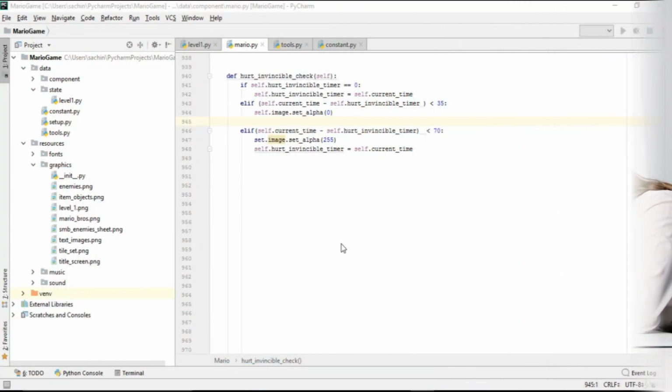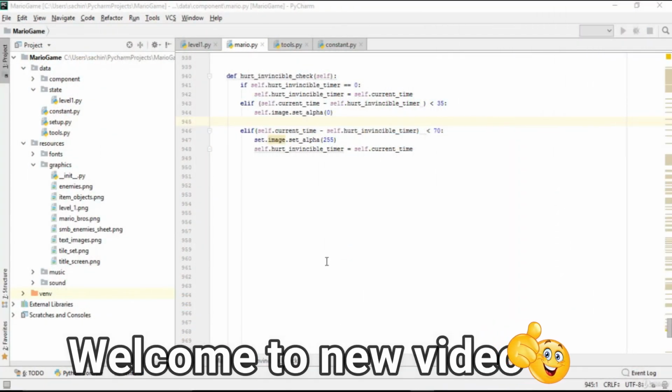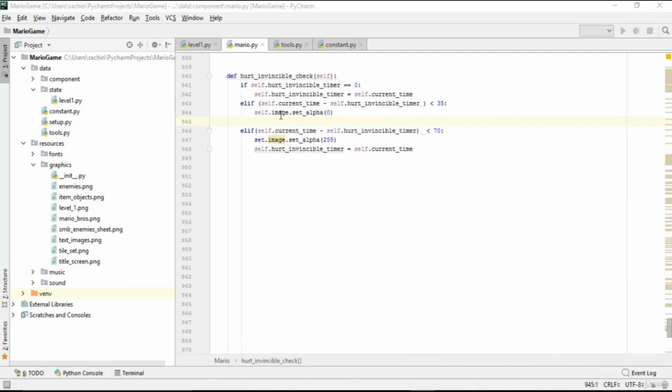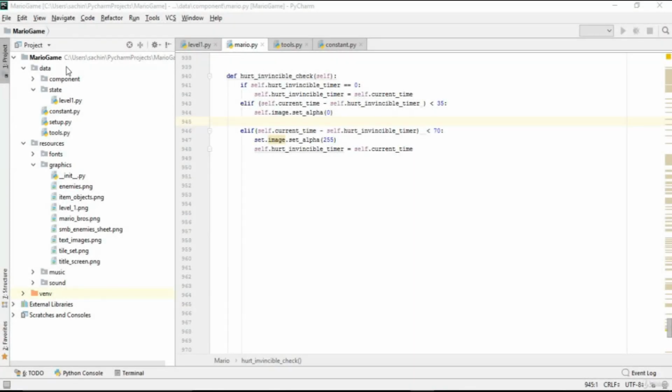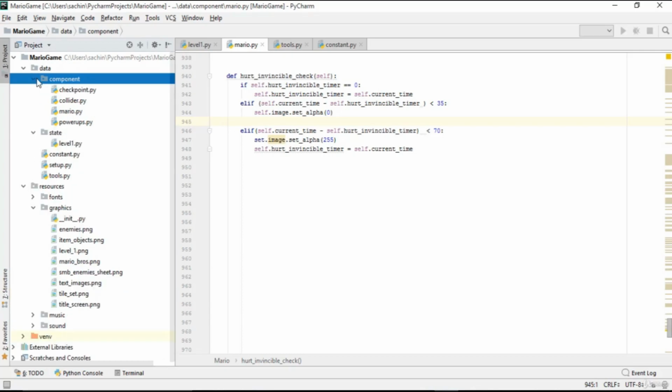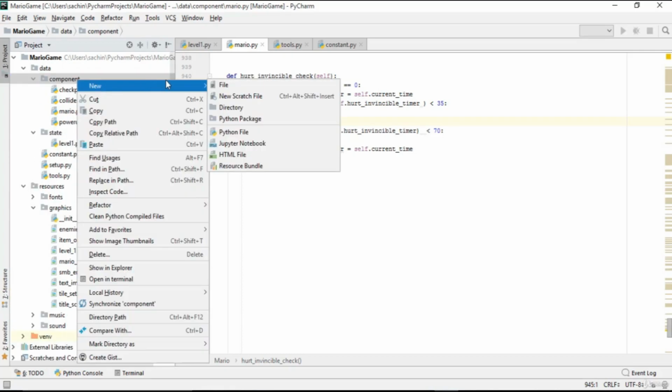Welcome to this lecture. In the previous lecture we implemented the basic skeleton for our Mario game. And in this lecture we want to implement the enemy part. So go to this data folder again, and in this component just create a new